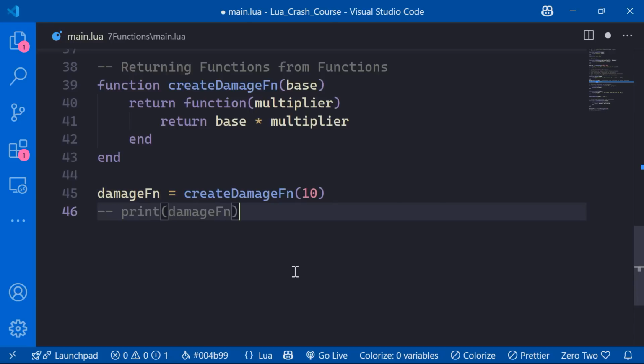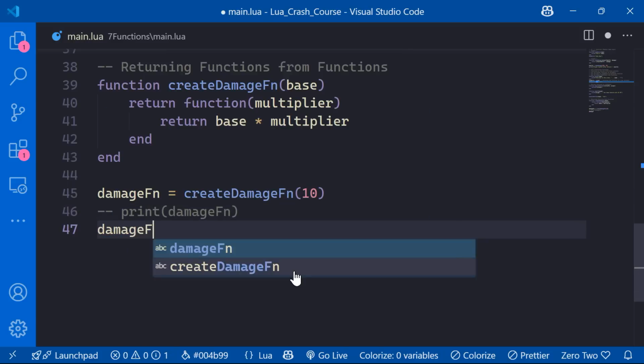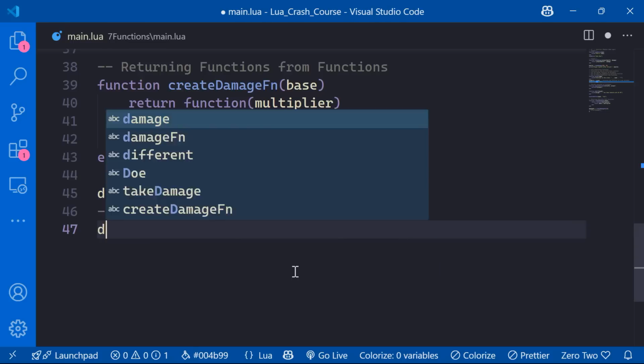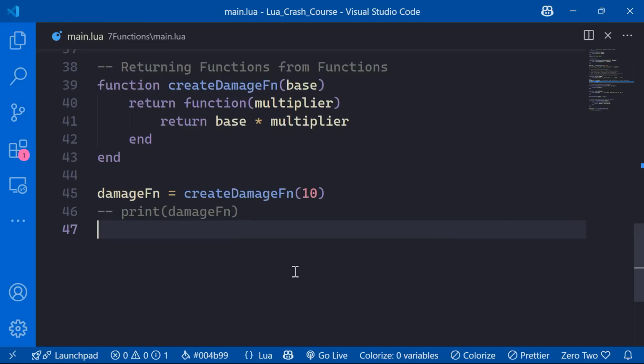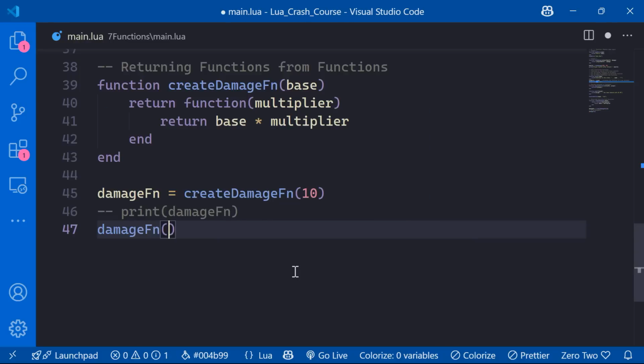So what we actually want to do is take the damage fn and pass to it 2, and then we're going to print